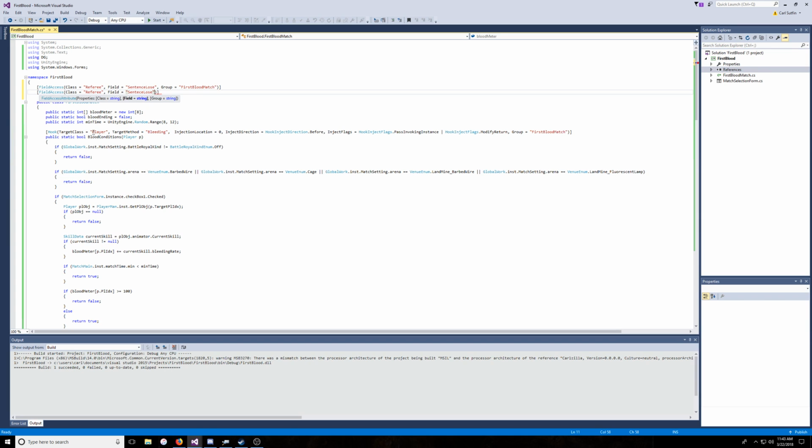So we do that. And then you want to go ahead and add the group, which in this case is First Blood match. And that's all there is to it. If you ever run into a private field that you need to access, you can always set it public with a field access call. The one thing that you do need to remember